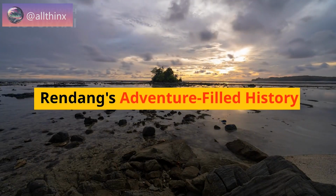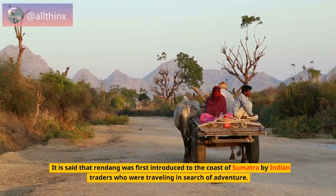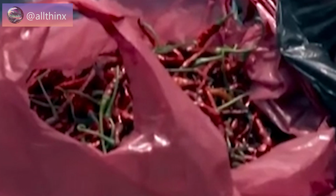Rendang's adventure-filled history. Rendang's history is as rich and complex as its flavor. It is said that rendang was first introduced to the coast of Sumatra by Indian traders who were traveling in search of adventure. They brought with them the concept of cooking with coconut milk, which eventually led to the creation